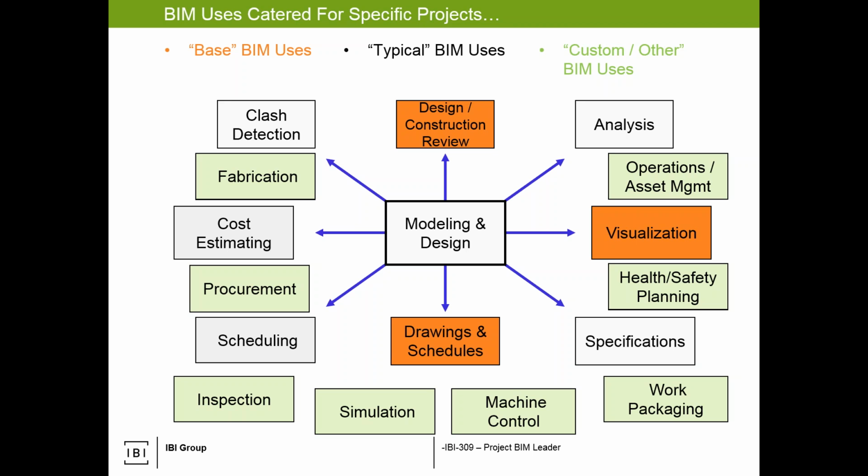Then the typical BIM uses are those you may see more during construction. So schedule simulation, cost estimation, various types of analysis. Clash detection is kind of the one that happens both during design and throughout construction. There's a synergy of who's doing it and why it's being done, and how do you address those clashes? That's always one of those questions. And then those green ones are the ones that could be done but aren't always done.